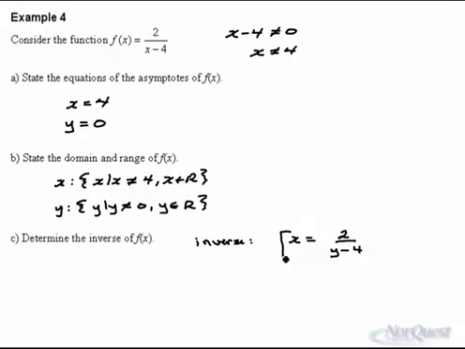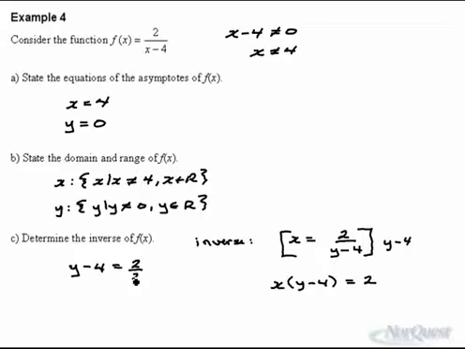So the first thing we'll do is multiply both sides by y minus 4, and it gives us x times y minus 4 equals 2. Get rid of the x, so I'll do this on the left side. So it'll be y minus 4 equals 2 over x, and our final answer will be y equals 2 over x plus 4. There's my inverse,